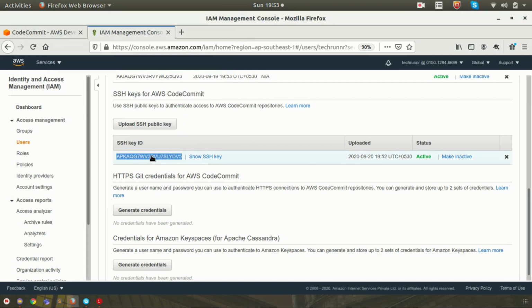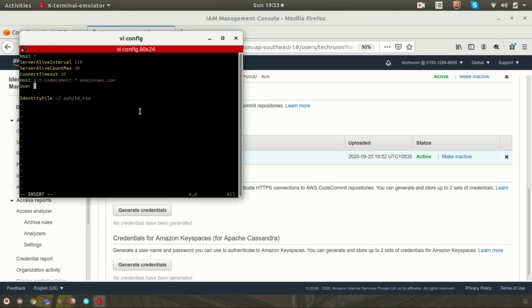Here you can get the SSH key ID, copy that and paste it corresponding to the user section, and please mention the path for your private key. In my case it is id_rsa under my root directory's .ssh folder, and you have to put the host as this. I will be adding this content in my description box. You can check it over there.